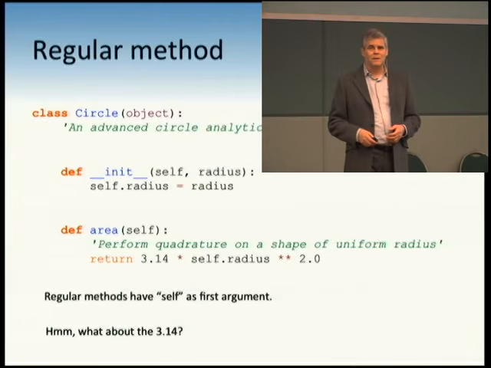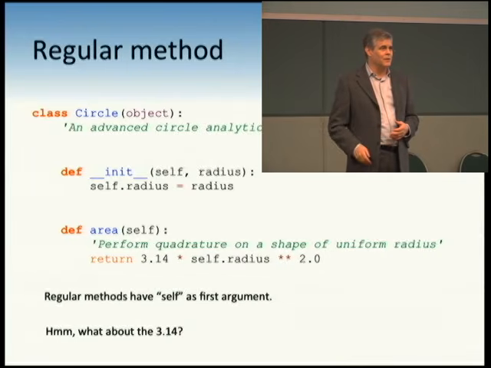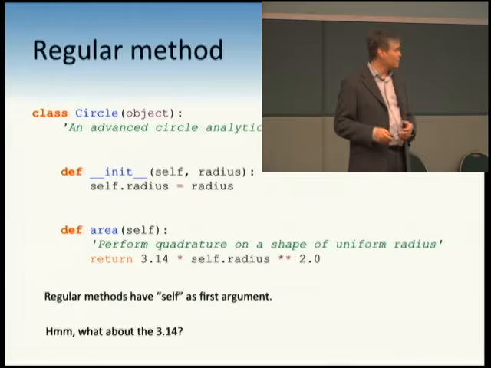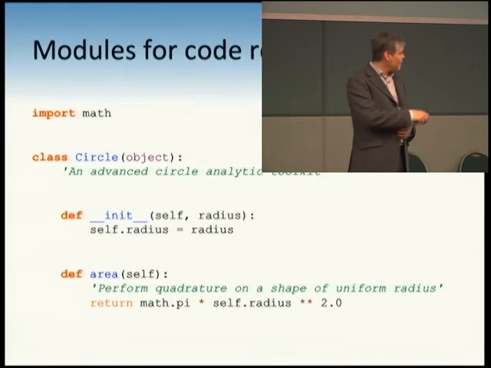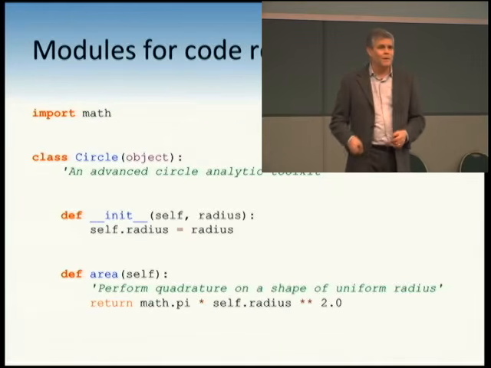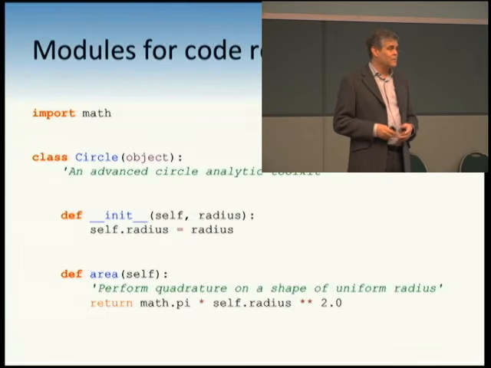Hey, what's going on with this 3.14? It's a magic number. It's a constant, right? Just tuck it in. Are we doing things the right way? No, that's not advanced circle technology. We should use reusable components. Let's import from math and use math.pi. In what ways is that better? One, it makes sure that we're going to use the same pi throughout our code. It's maximizing code reuse. But is pi a constant?